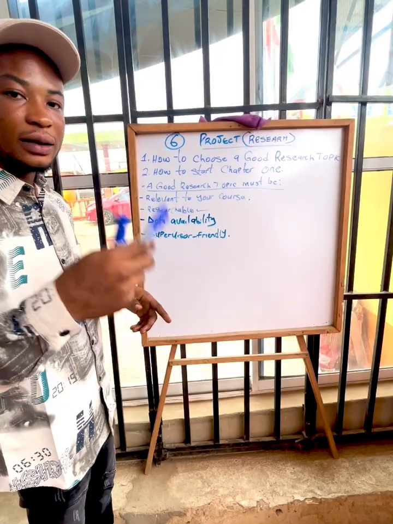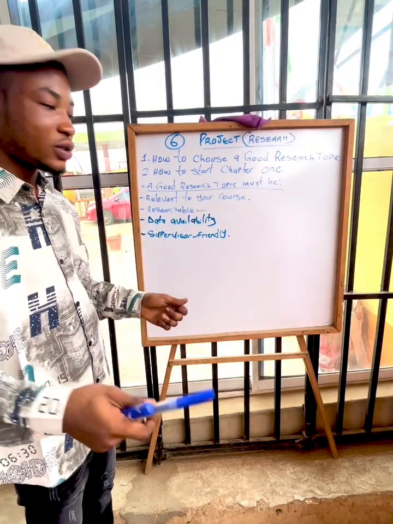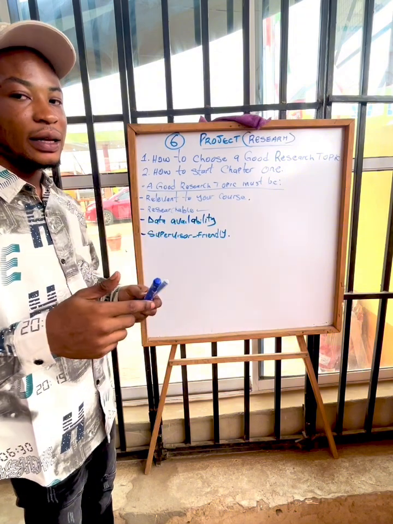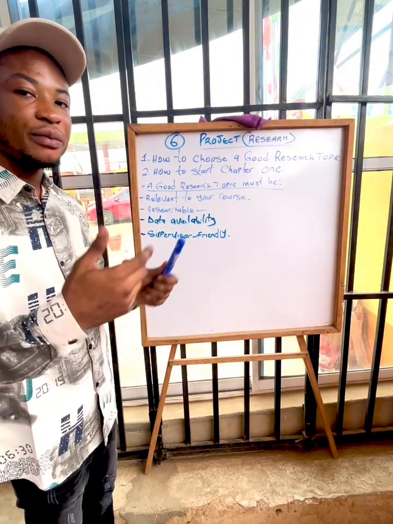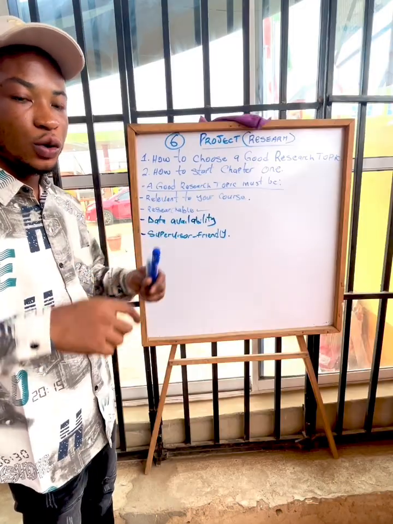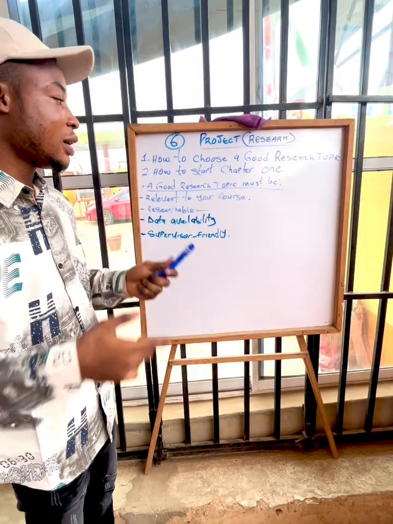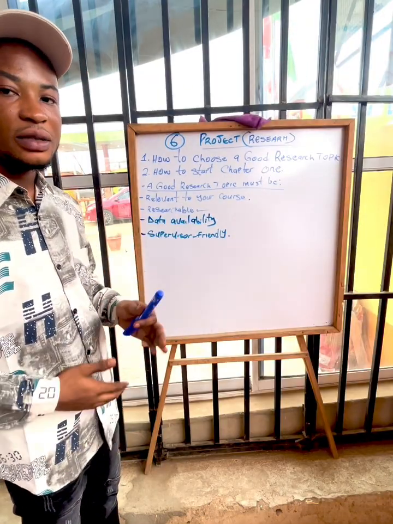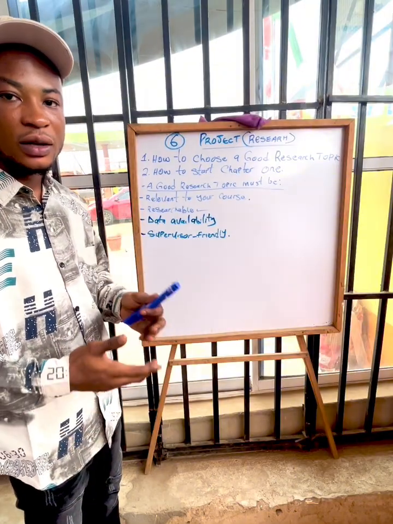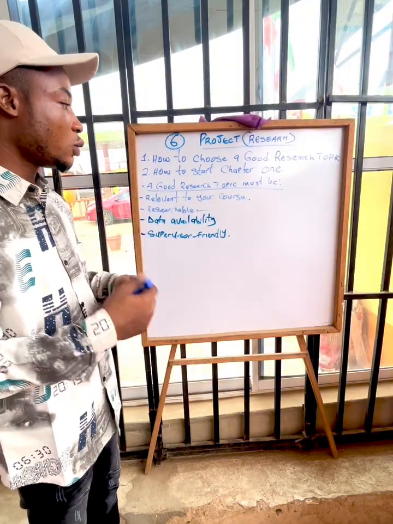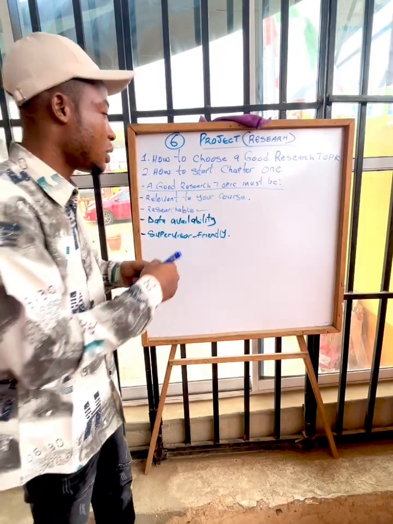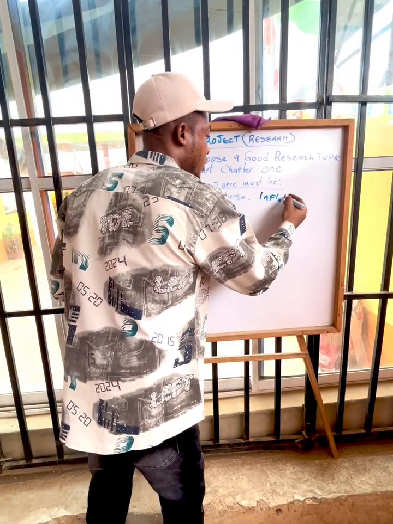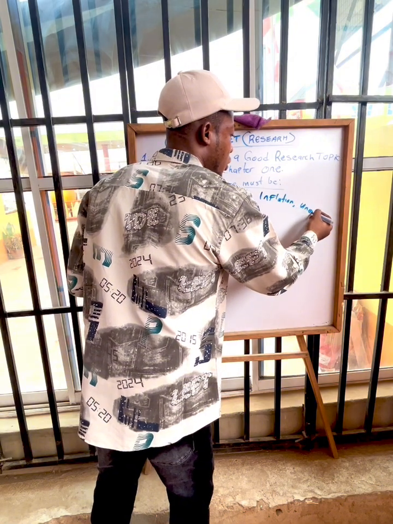But on your own behalf, before you take your topic to meet your supervisor, these are the things you have to consider. If you're an economics student, you can start by looking at the areas you can bring your topic on, depending on your area of interest. As an economics student, you have many fields in economics: macroeconomics, microeconomics, monetary economics, labor economics, development economics, wherever you want to pick your topic from. Let us just use the macroeconomics indicators. Let's say, for example, we have inflation. We have the topic might be on unemployment,